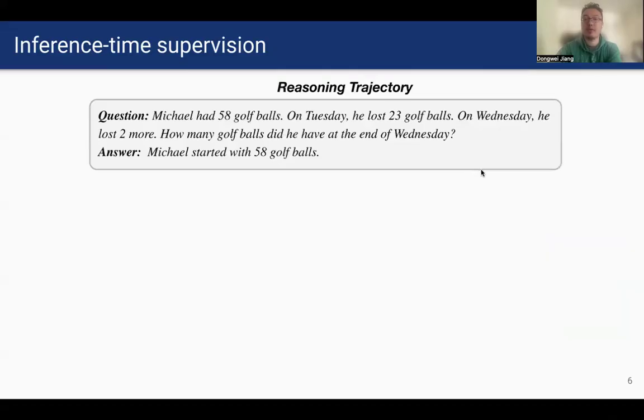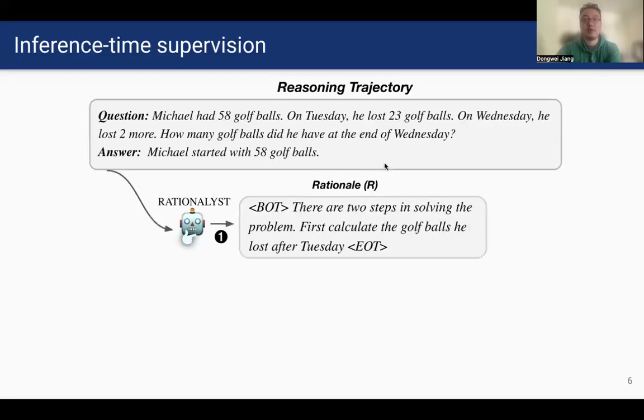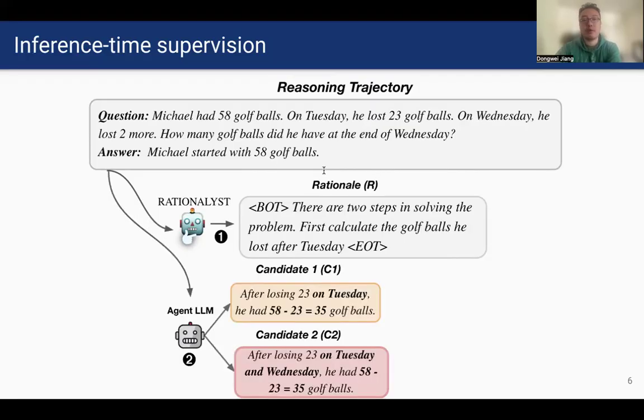Let's take this math problem about Michael's golf balls from GSM8K as an example. Given the preceding context, which includes the question and the partial reasoning trajectory, RATIONALYST first generates the implicit rationale. There are two steps in solving the problem. Let's first calculate the golf balls he lost after Tuesday. In parallel, an agent LLM, which can be an LLM trying to solve the problem, generates multiple candidate next steps